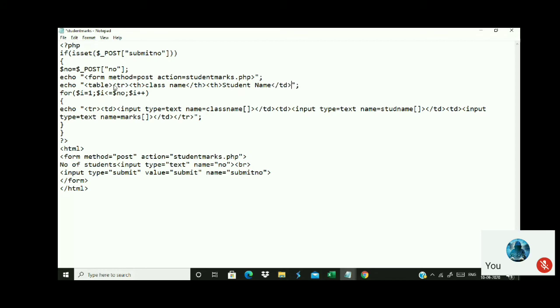And th. Third one, what should be the header? Marks. Yes, marks, th here. And I close the row here.